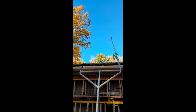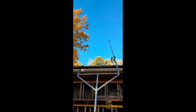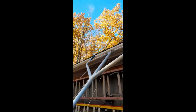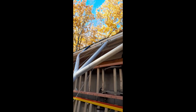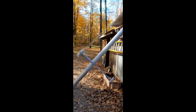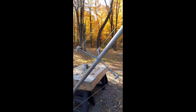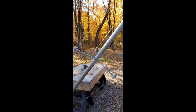That will keep the mast from flexing outward too much, as I have both the long wire and the dual band antenna hanging up there. And then these 3 tension wires, you can see how I've got them secured at the top of the T, and they stretch out like guitar strings over these bridges. And I decided to put in a piece of plastic hose wrapped around the wire to help ease their